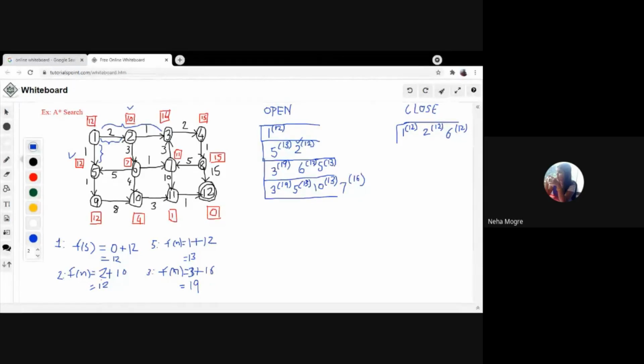See, you have two values with a cost of 13. You can choose any one, or rather I can say you can choose the one which is already in the priority queue. So I will be selecting the node 5 with a cost of 13, which was already there in the priority queue. So 5 was initially there. So we will write the